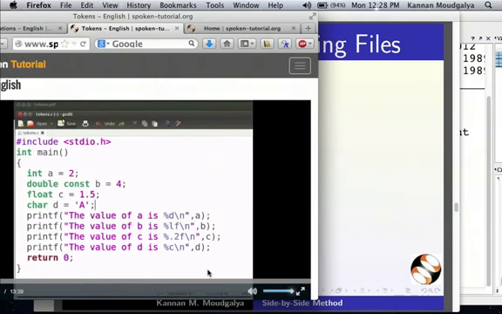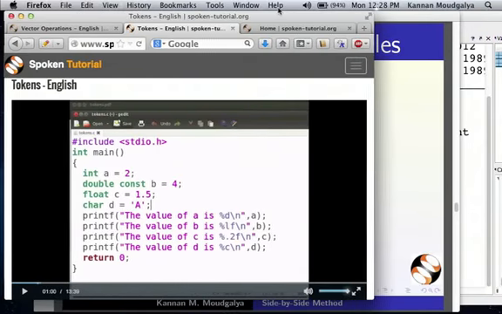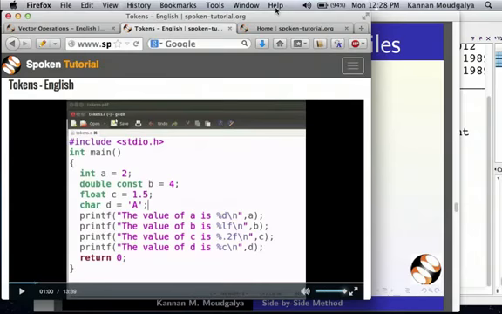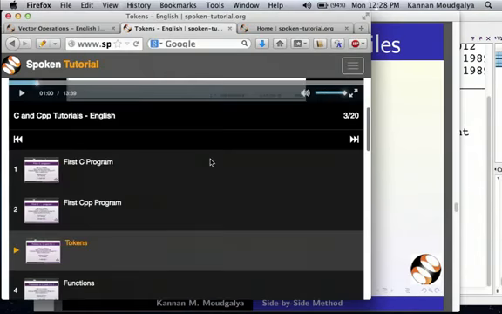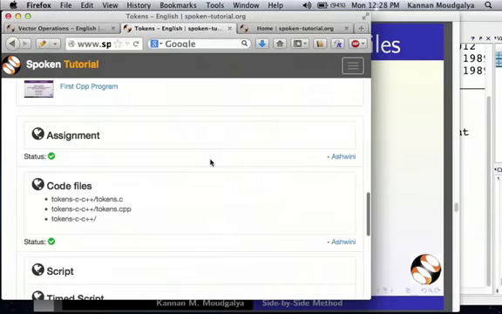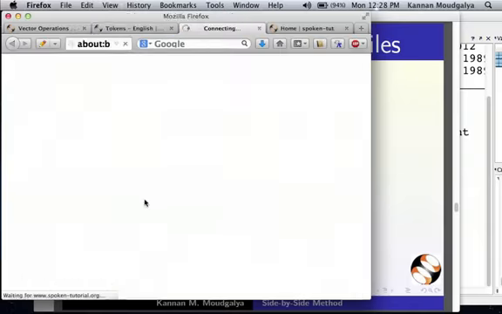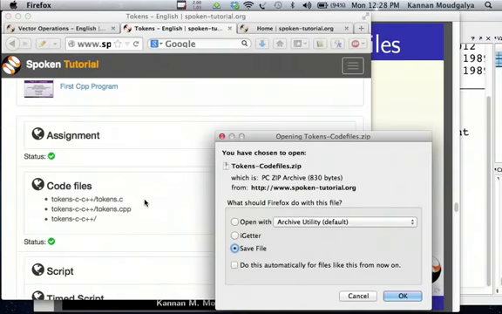Let us see whether this file is available on the web page. Let us bring the browser back fully so that we can see all the links. Let us scroll down. Hey, here is a link called code files. It seems to have the files tokens.c. Let us check whether we can download it. Let me click this link. Lo and behold, the file is ready to be saved. Let us not save it. However,